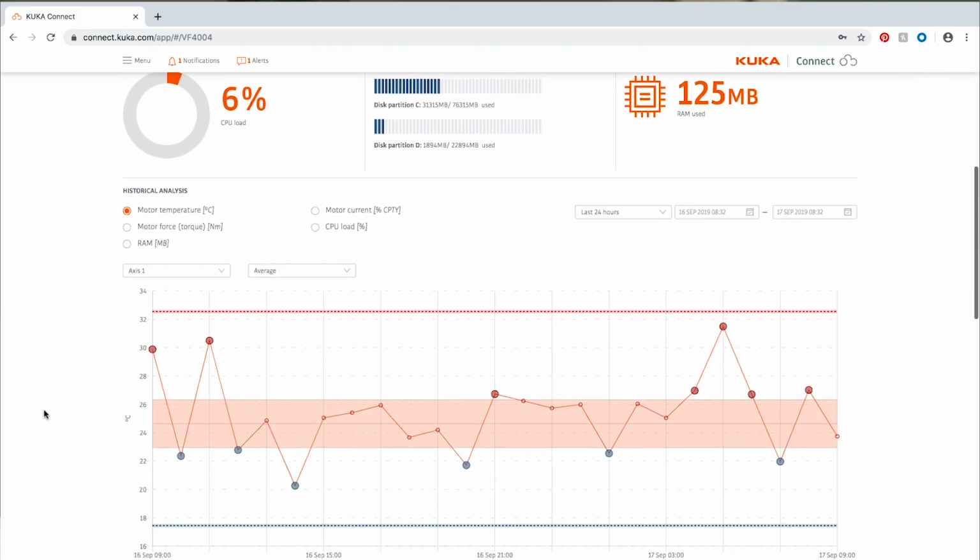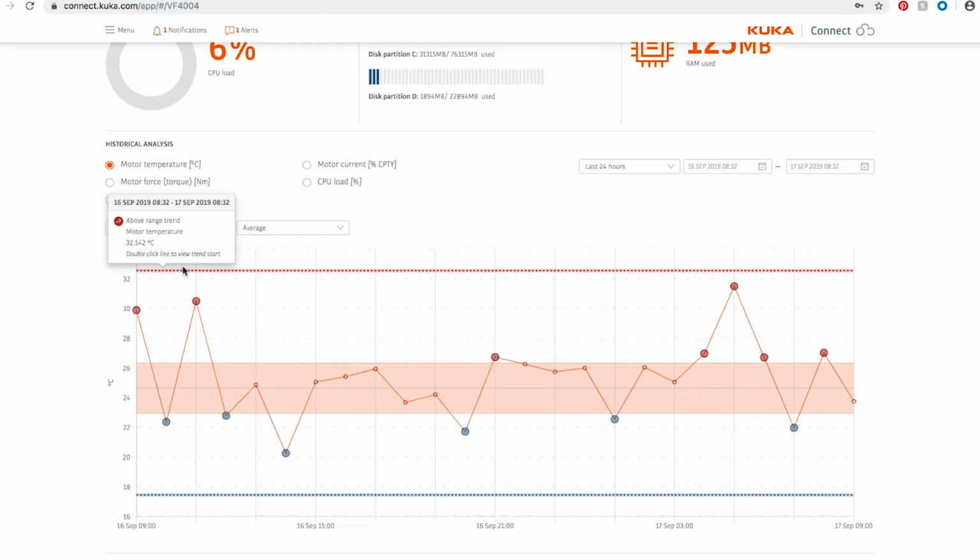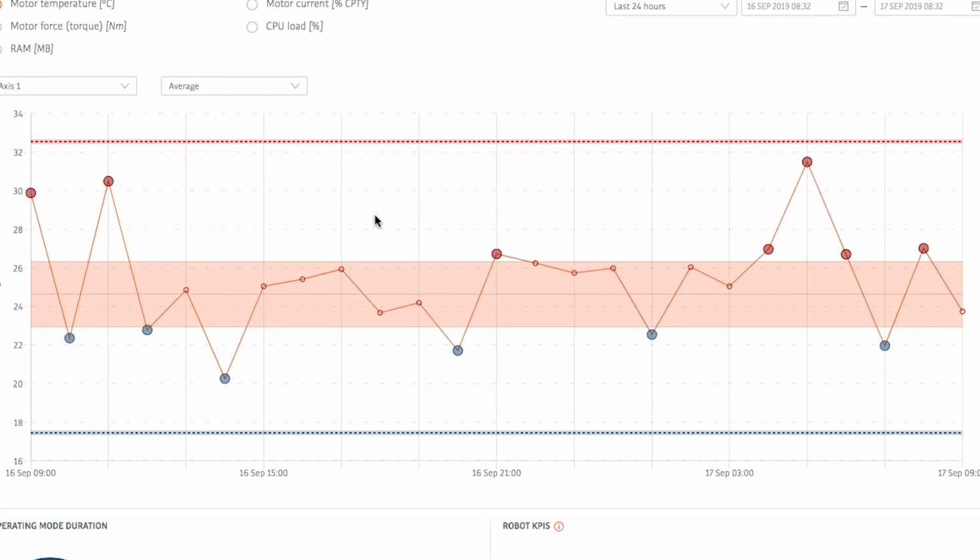Finally, the last feature we'll cover in this video is KUKA Connect's updated condition monitoring section. This graph learns the normal ranges of a robot's motor operating condition over time and plots out-of-norm data points. You can analyze historical deviations represented by data points on the graph and determine if and what further action is